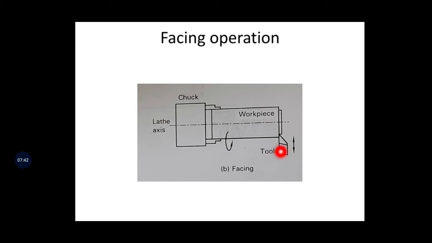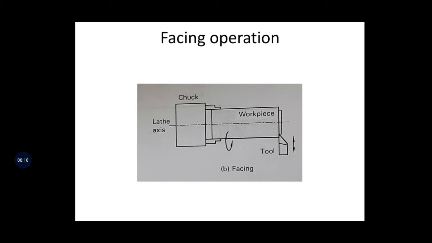Okay, so every pass you have to give 1 mm depth of cut with the help of the carriage wheel. You have to move slightly with the carriage wheel, then give the feed in the vertical direction. In this direction you give, then 1 mm length will be reduced, so it becomes 99. Again you move the tool 1 mm in this direction, again give the feed in the vertical direction, so you will get 98 mm. At least 10 passes you have to carry out in order to make it 100 mm to 90 mm. Okay, this is the facing operation.